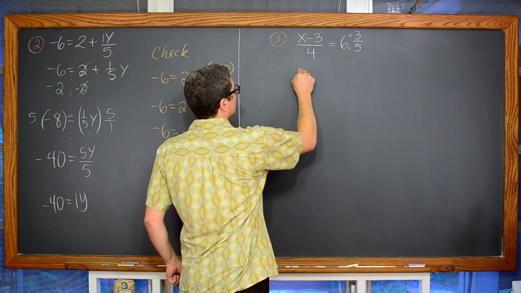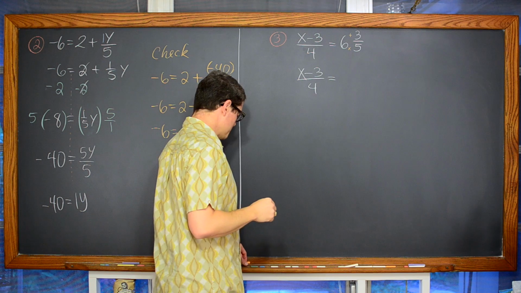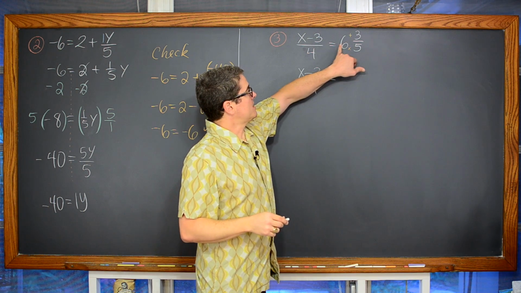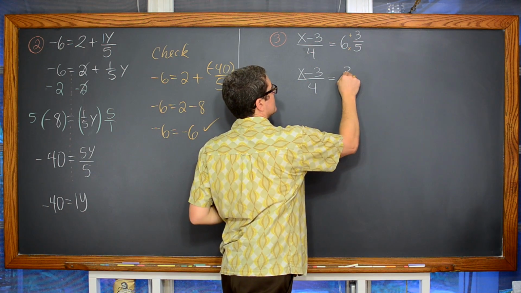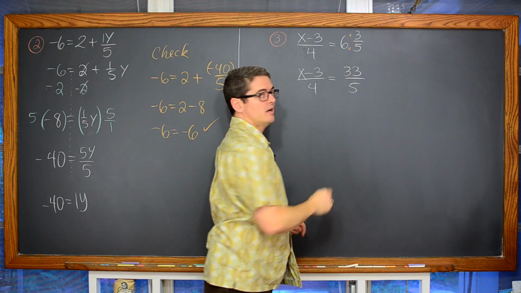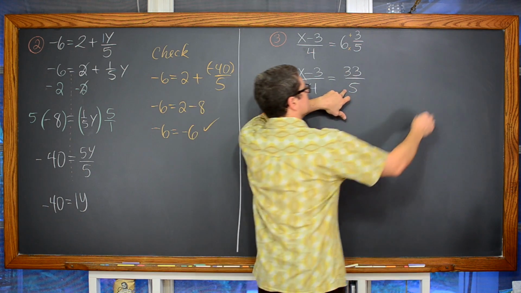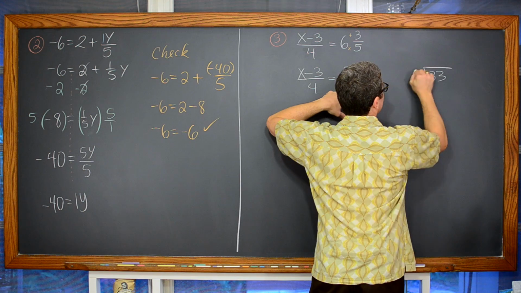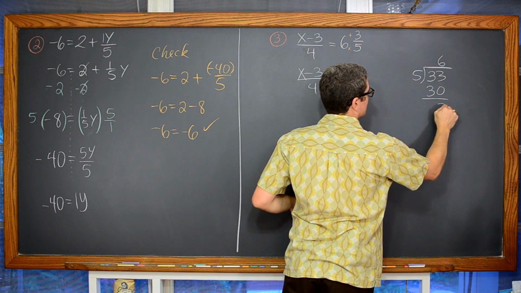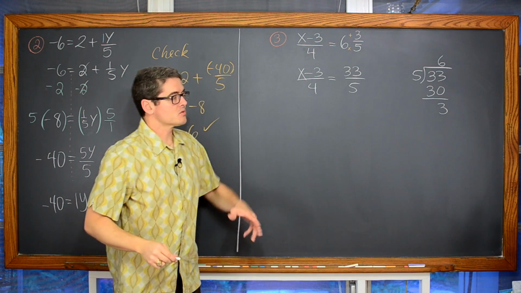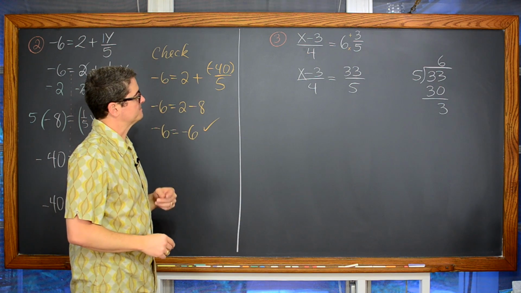So we're going to get x over 3 is equal to 4 is equal to 5 times 6, which is 30, plus 3. So 33 divided by 5. See, when you do 33 divided by 5, 6 times 5 is 30, and there is your remainder, which is the numerator of the fractional part of our mixed fraction, or mixed value.